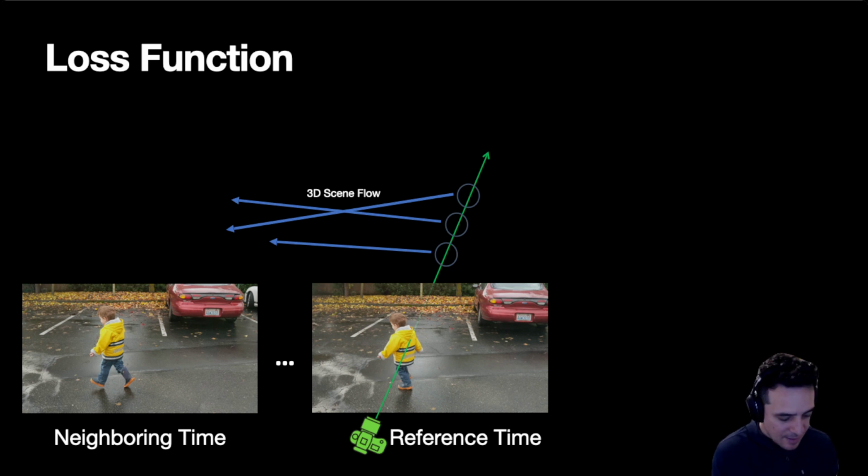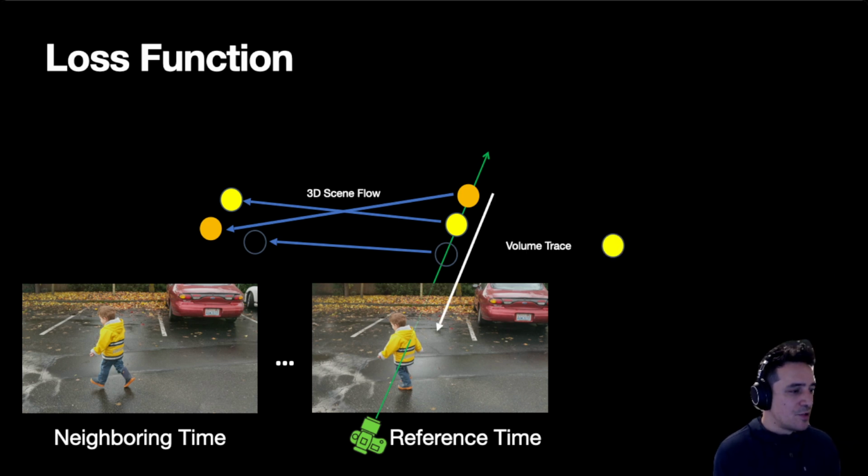In order to do that, we cast a ray through our reference view from the camera, and then at each point we look up the location based on the scene flow to get the colors from the neighboring time. We paste those back along the ray, and then we volume trace this ray and get a result. And then we say that this should be like the observed color of the reference time,